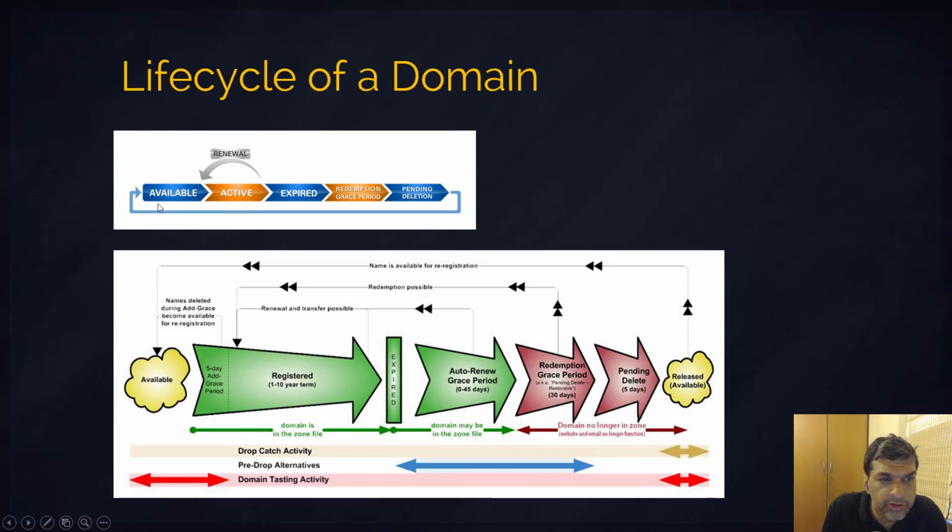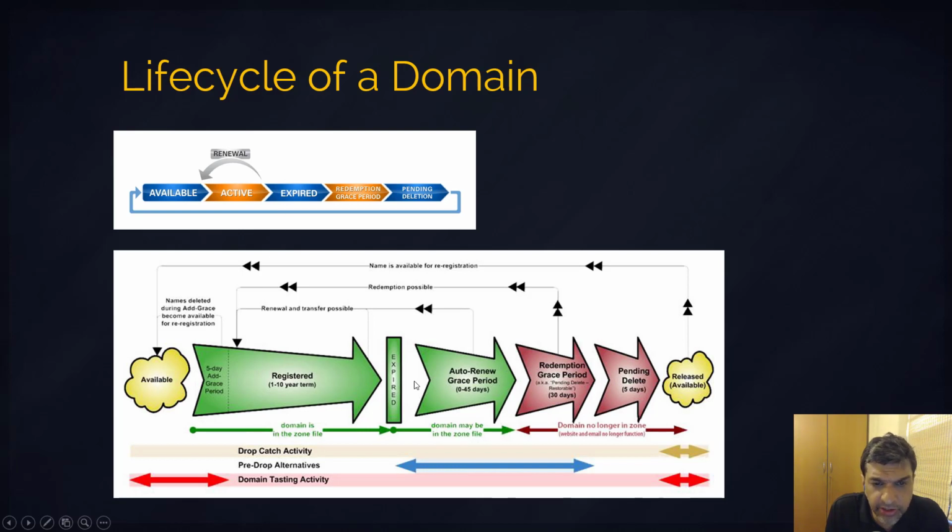So a domain is initially available and then it becomes active. This active period is basically when somebody comes in and registers the domain, right? So that's when the domain is active and it belongs to that person. They can point it to whatever IP address and hosting they want and things like that. It's active for that registered period, and that period of time could be a minimum of 1 year. It could also be as many as 10 years. Okay, so after that,